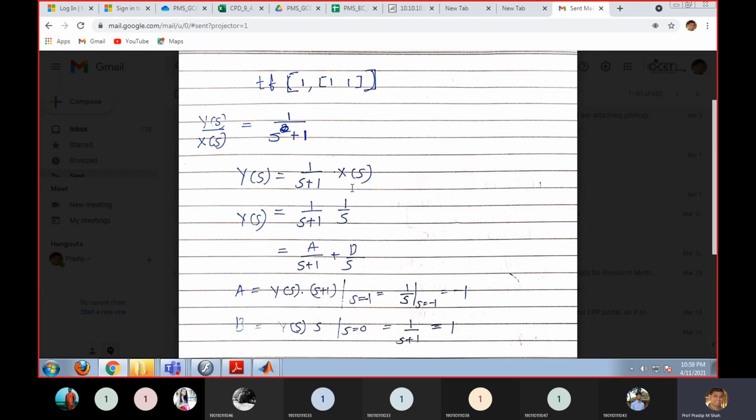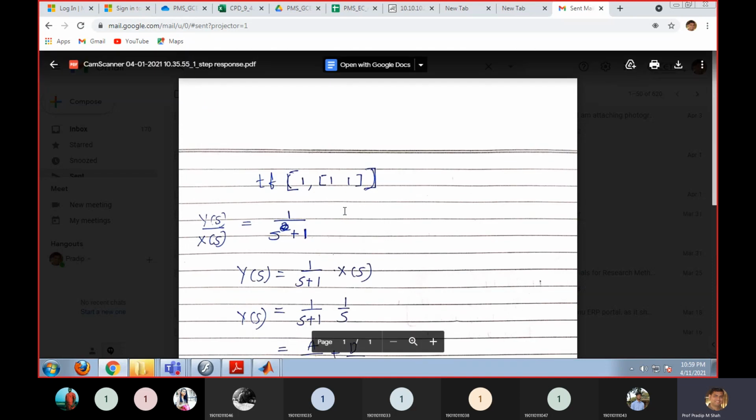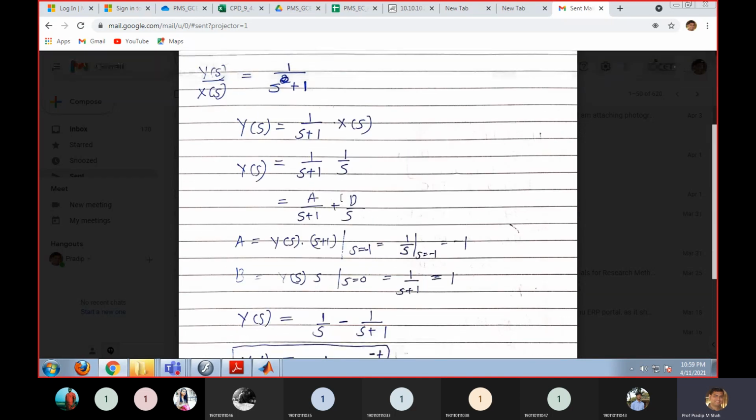अब X(s) that is your Laplace of your input. अब input यहाँ पे क्या लेना है? So if I take an input, that will be for step signals. So step signal is 1. So you must be aware that the Laplace of 1 ka Laplace 1 by s hoga. So that's why here I'll put 1 by s.